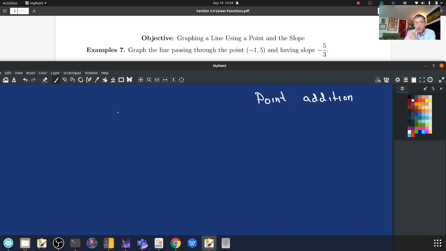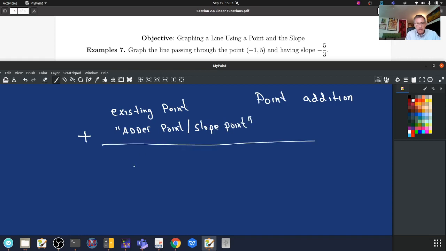So here is the formula: existing point, by existing point, that means a point that lies on the graph, plus adder point, or if you want, slope point, equals new point